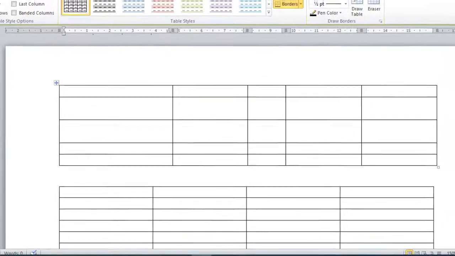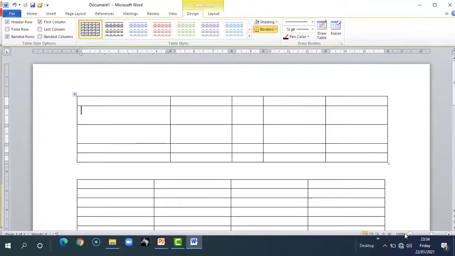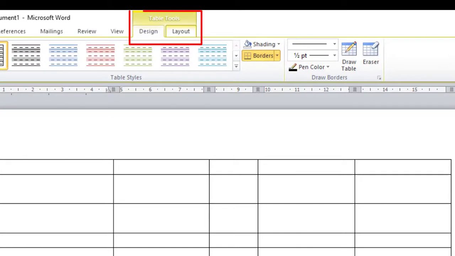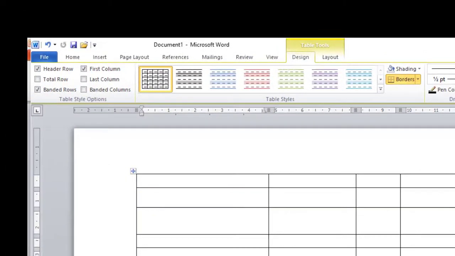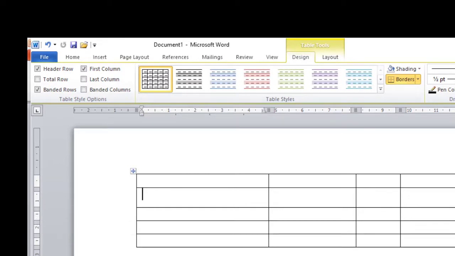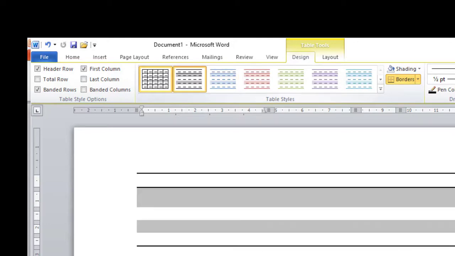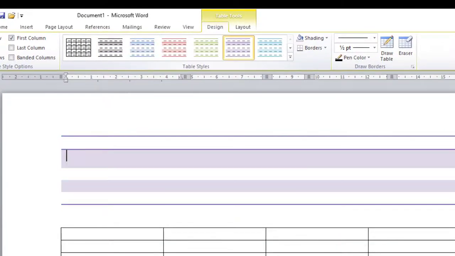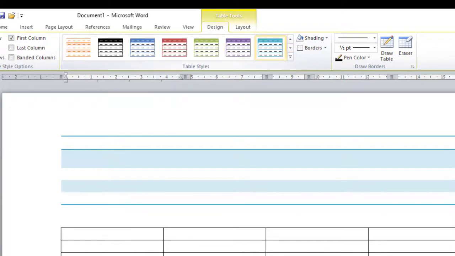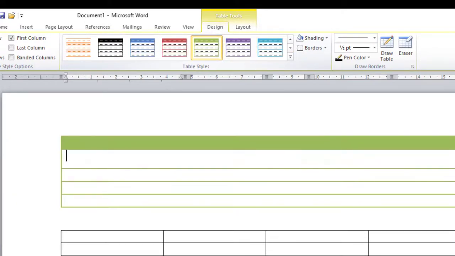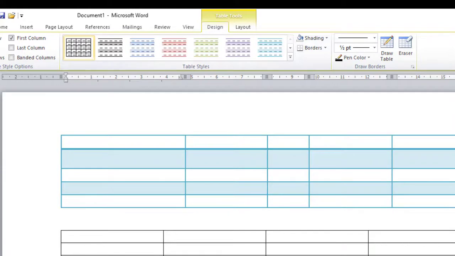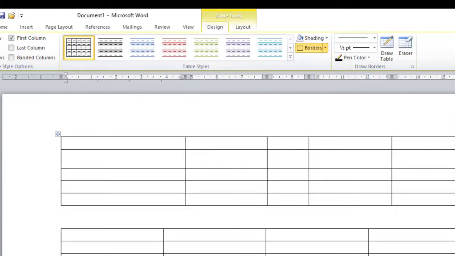Now, when you select the table, it will display two different menus under Table Tools. The first one is Design and the second one is Layout. Now go to Design. It will display the different editing options available on the table. They are grouped into table style options. You can select different styles of your table also. Choose the table styles, whatever styles you require to create your business document. Now you can also provide different shading to your table.